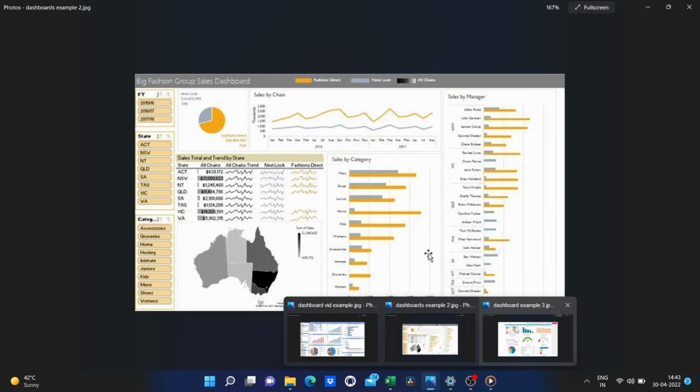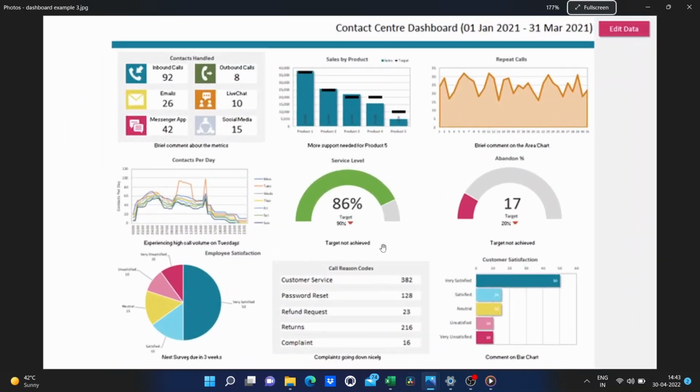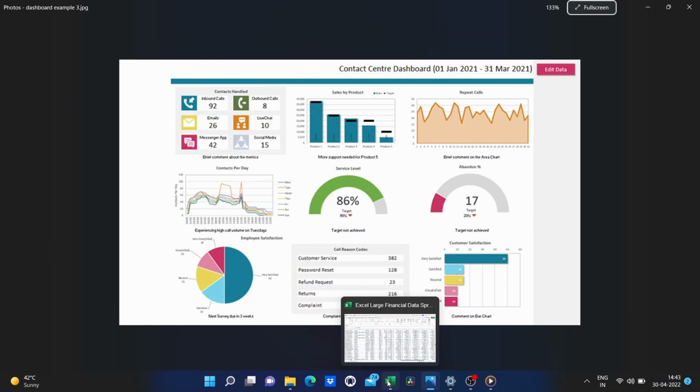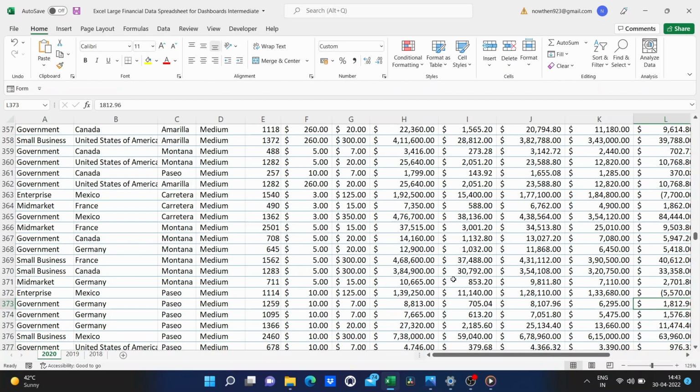Here's a third example. Again, those are very advanced, complicated examples. But now, let's look at the basics of getting started creating your own Excel dashboards.